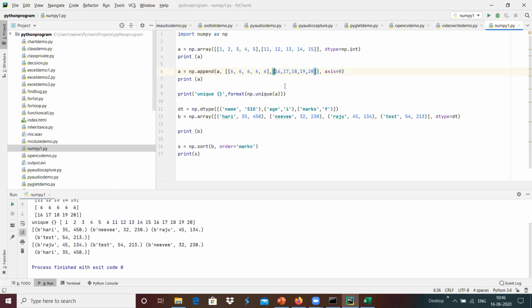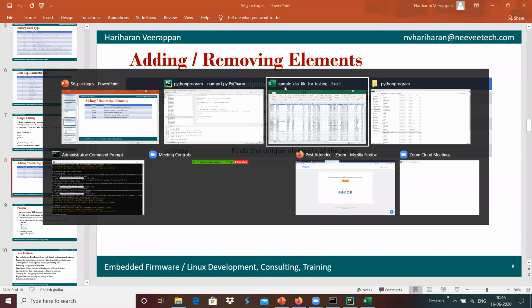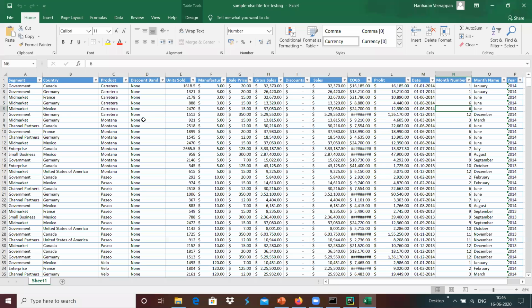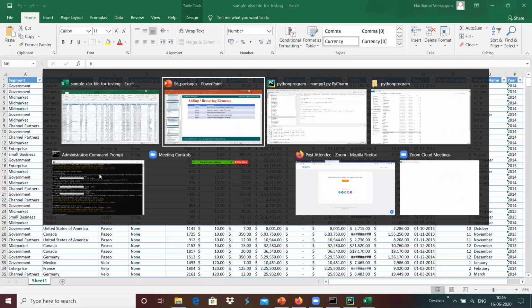In order to find the uniqueness, suppose we have loaded this and we have values like Canada, Germany, and multiple other things. If we use uniqueness, then we will get only the respective unique outputs over here. Maybe we can try loading it and see how it behaves.